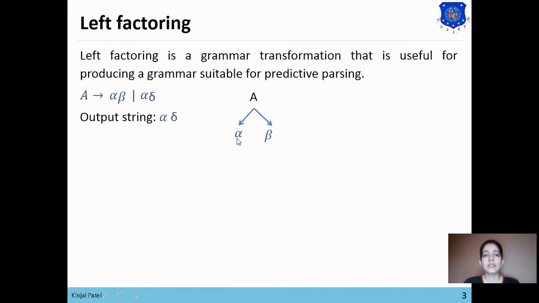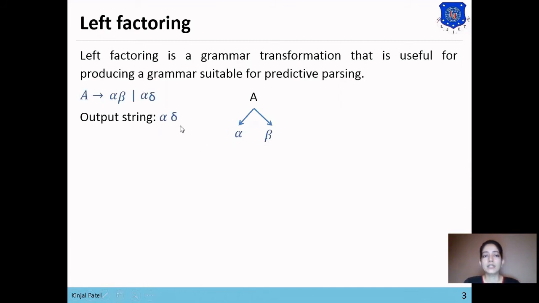So here you can see that alpha beta has been selected because our string starts with alpha. So it will select the alternative which starts with alpha, so it has selected alpha beta. Now it will compare this string with the output string. It will compare the first character, which is alpha in the output string, with the parse string. So alpha equals alpha, match.